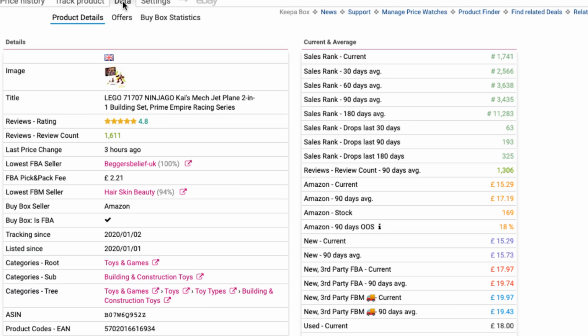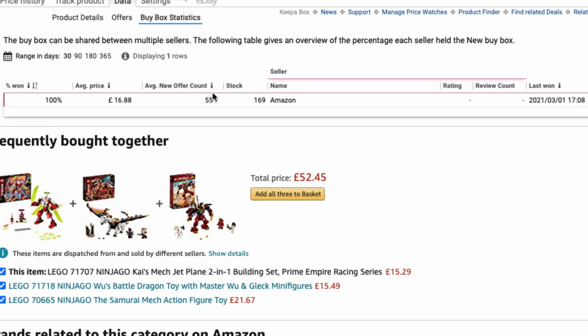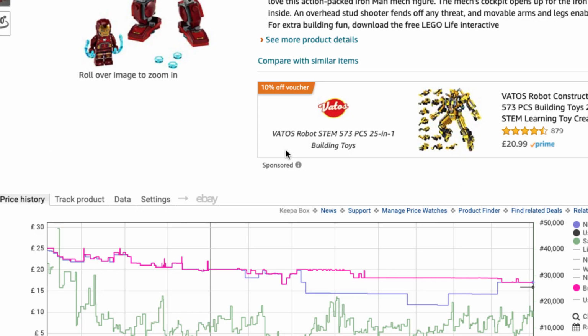Another very useful setting which you can check on Keepa is buy box statistics. If you click on that box, you will be able to see different sellers who have been taking the buy box recently. And as you can see, for this particular product, only Amazon has been selling that product. If I switch to this product and go to Data